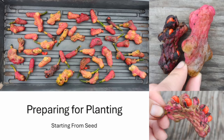So, preparing for planting. As you can see, I have a good amount of these conglomerates of follicles that have swollen up and been harvested from the tree. So these are from a cucumber magnolia, which is kind of known for having an uneven pollination. So you won't see a fully swollen conglomerate. You kind of get these little nodules that stick out, and each one of those contains a seed. So if you harvest them at this stage where they're kind of pink, as you can see in the top right, kind of that pink blush, but they haven't cracked open yet,